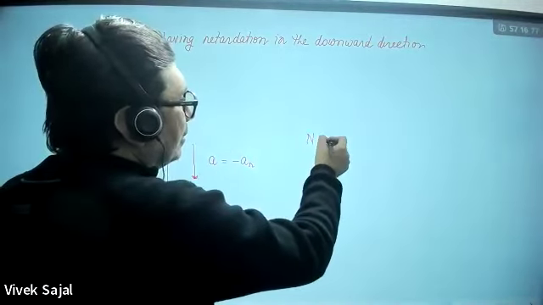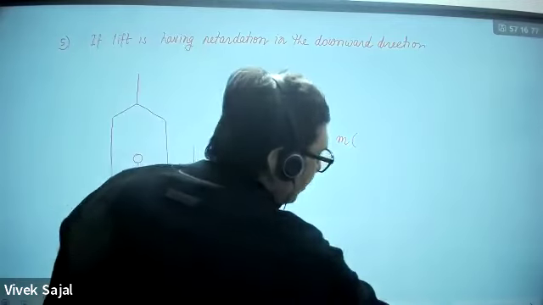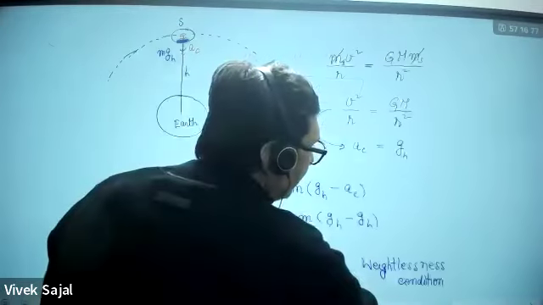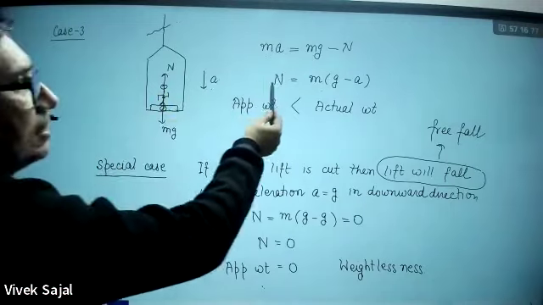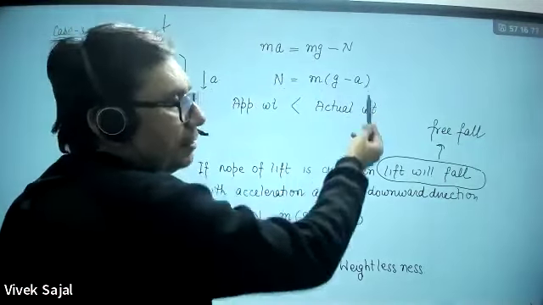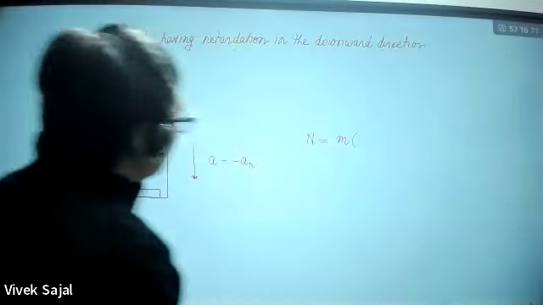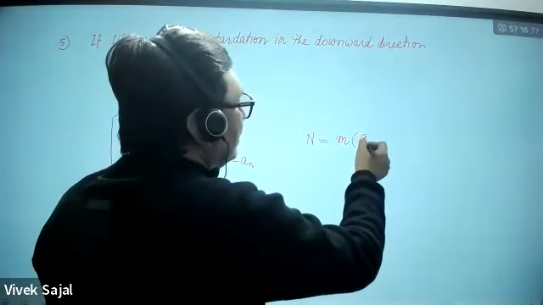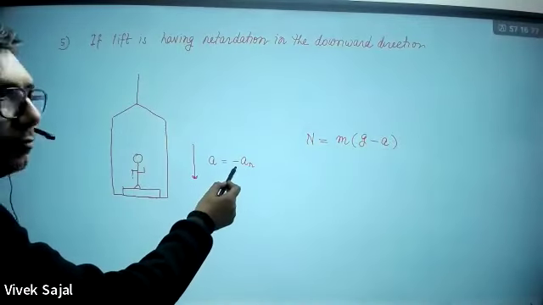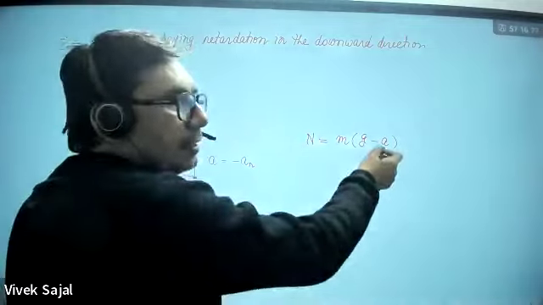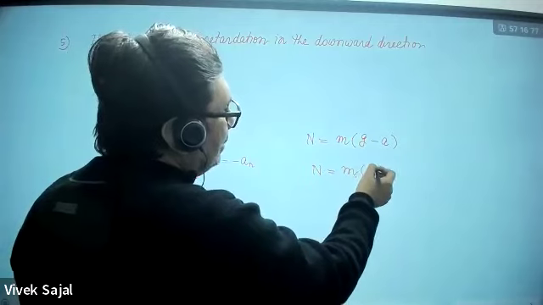Normal reaction. If you look at these cases, in the first one, if the lift is moving in the downward direction with acceleration, this will be N equal to m(g minus a). This will be m(g minus a). But a is equal to, because of retardation, minus a_R. So place here minus a_R. So what will be the normal reaction? That will be m(g